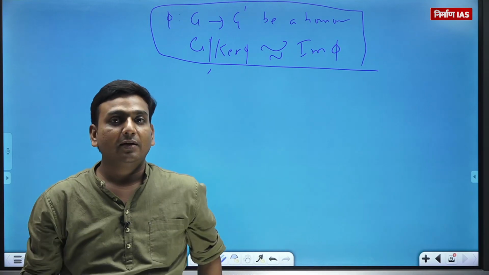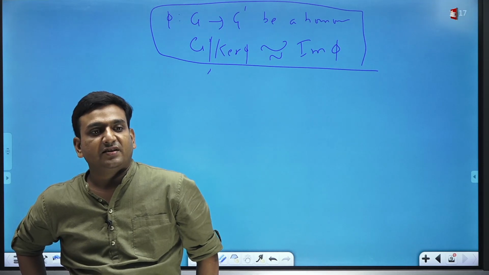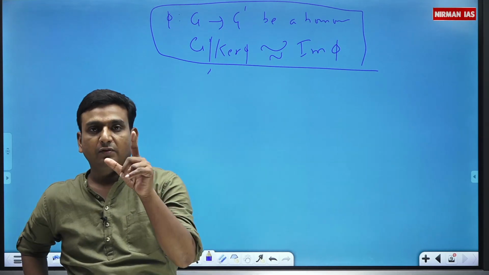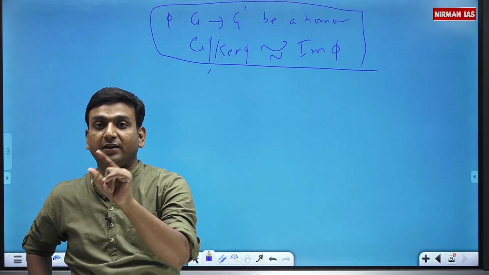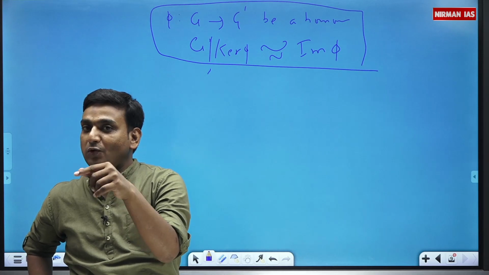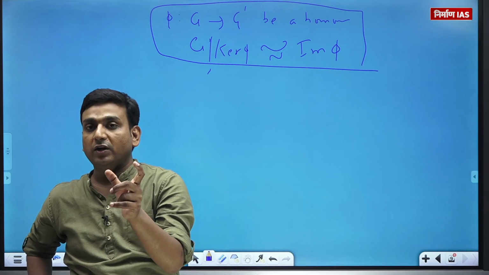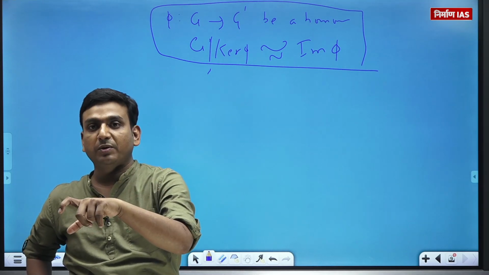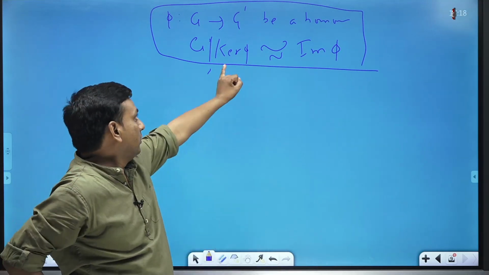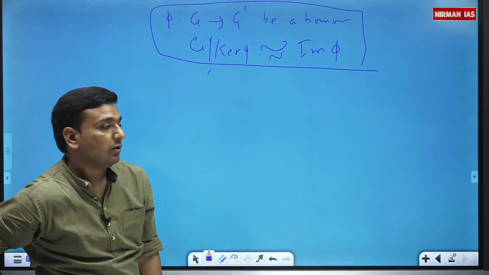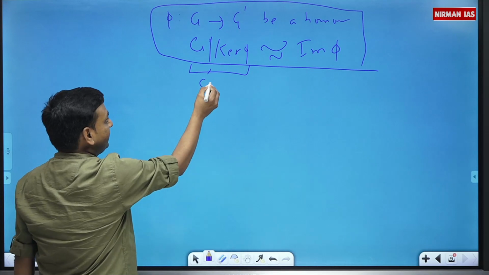So what we were doing till now: when I started, every finite order cyclic group is isomorphic to Zn. I told you how to define that formula. Cayley's theorem: every finite group of order n is isomorphic to some permutation group. How that formula is defined, that I gave you. Now, this is the theorem we have. So what is the identity of this? This is the collection of